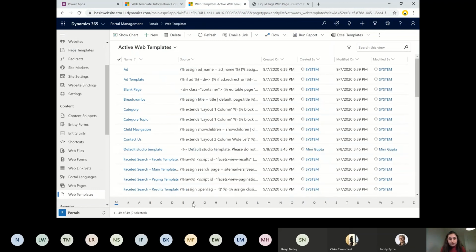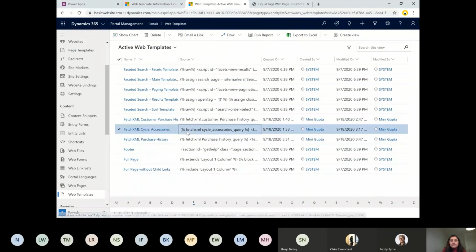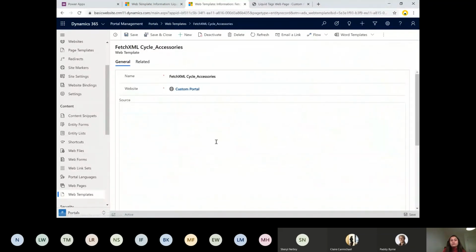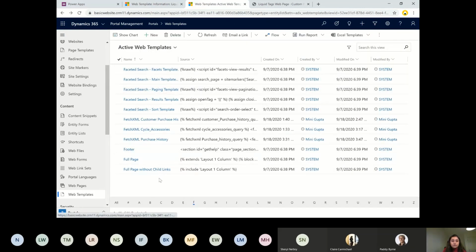Right, so it starts with fetch XML. I have fetch XML, it just has the fetch XML, nothing else. To avoid too many lines of code in there, I just included this web template. I have some conditions passing, this is the customer accessories one, where I have a linked entity, and I'm accessing this particular attribute using that particular syntax, which I have shown just now.